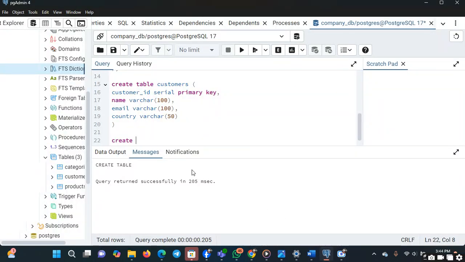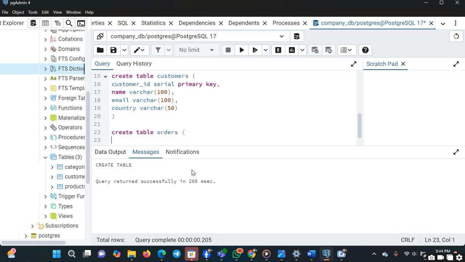No, no, no, no. So let's say to create a table. Okay, we are not even doing anything since. Let me just do it so I won't waste more time. So we want to create a table orders. Then you open your bracket. Then inside you have order ID, right? Underscore ID. Then serial primary key,